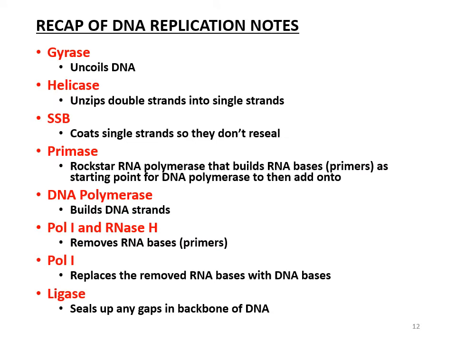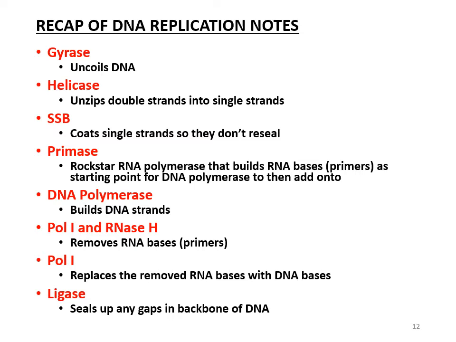Okay, so let's recap that one more time. The way DNA replication works is, first you have the gyrase, and the gyrase uncoils that big ball of DNA. Then the helicase comes along, and that unzips the double strands so that there are now two exposed single strands. Then SSB comes along and coats both of those single strands so that they don't